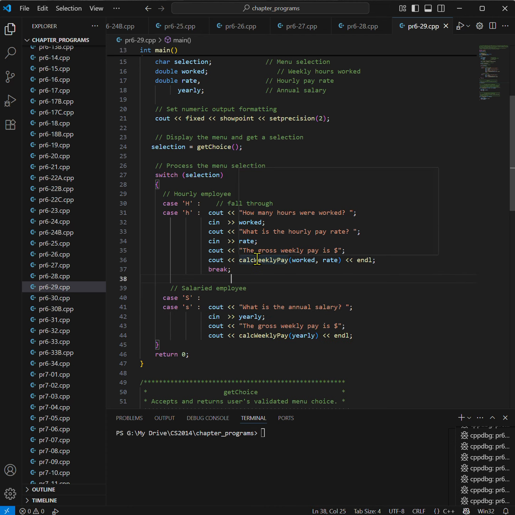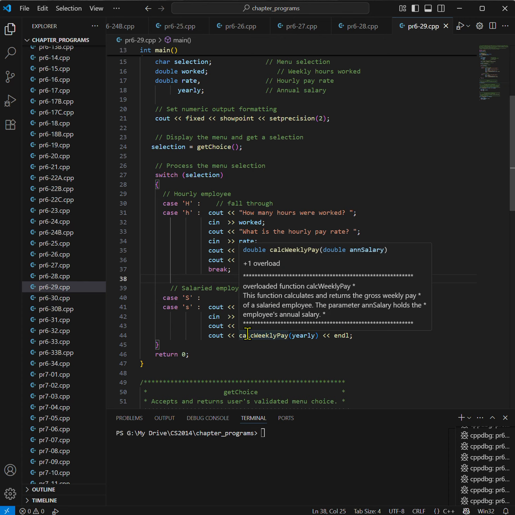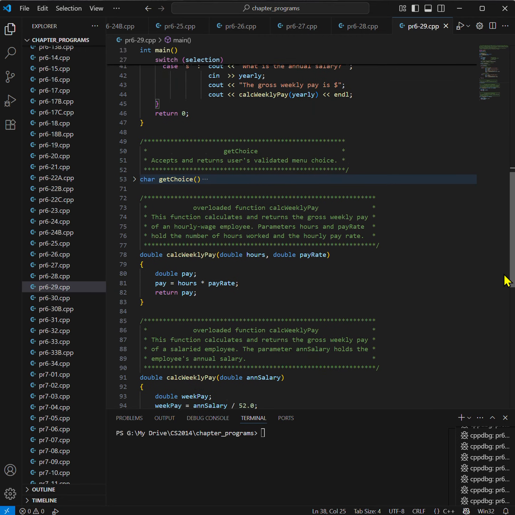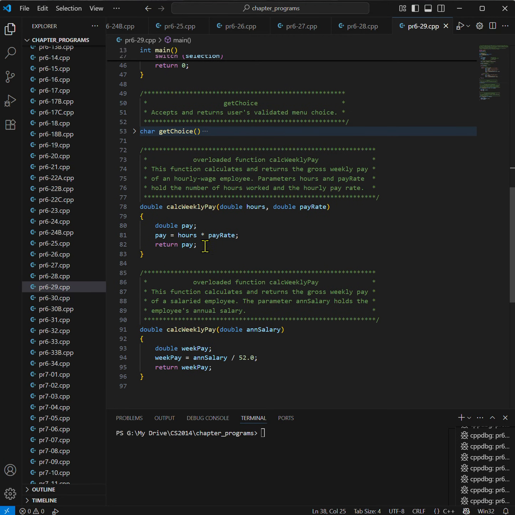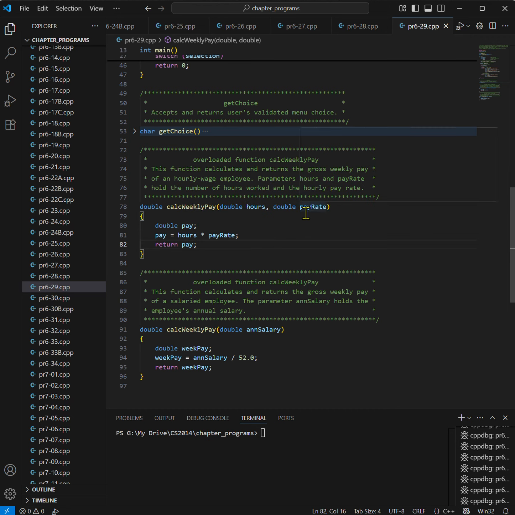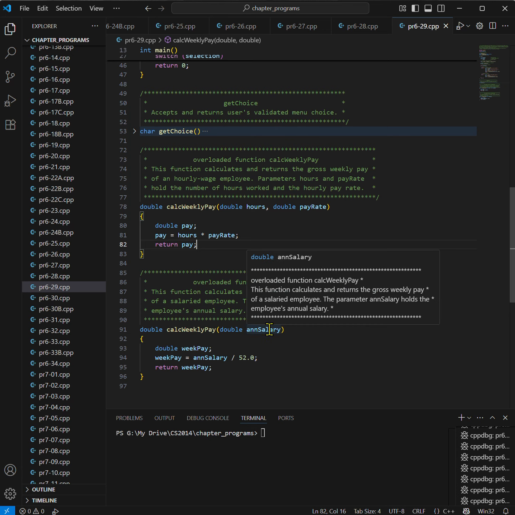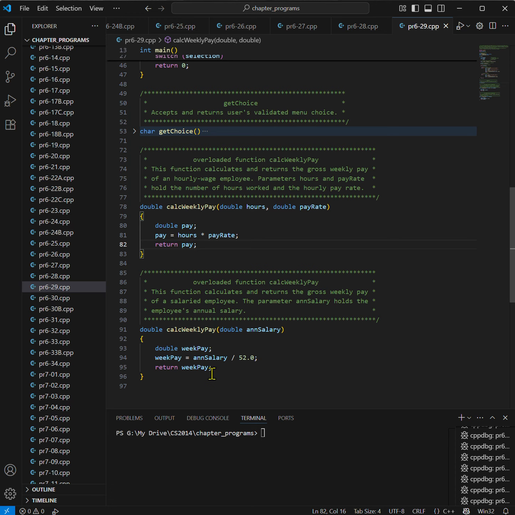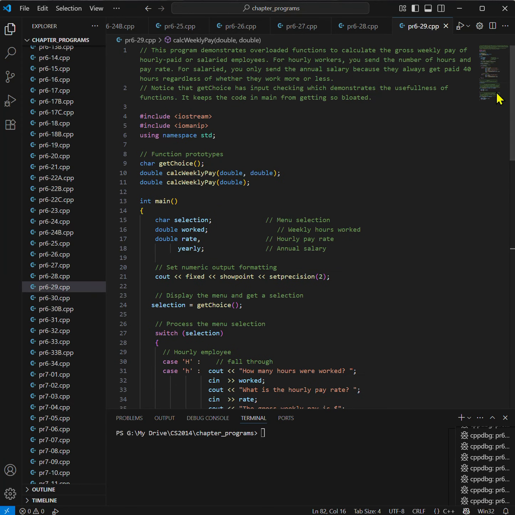Now notice that for the hourly we send it two parameters, for the salaried only one parameter, and that also means that the calculation is going to be a little bit different over here. Over here we're going to multiply hours and pay rate, and that's the pay that we make. Over here we just get the annual salary, and we just divide it by 52, and that's the week pay that we return to the main function. So let's run this,